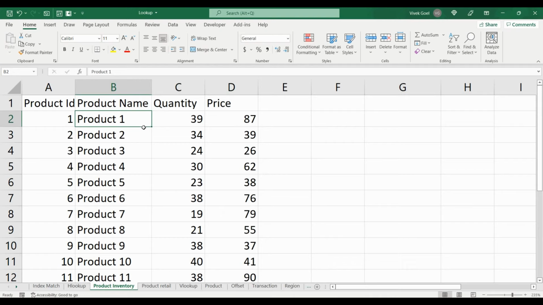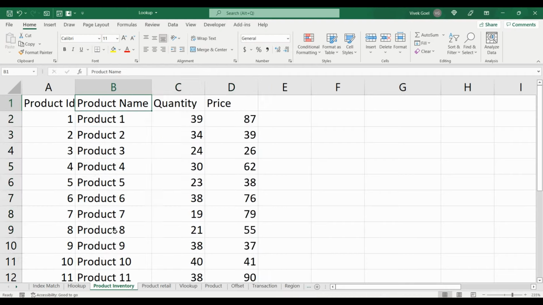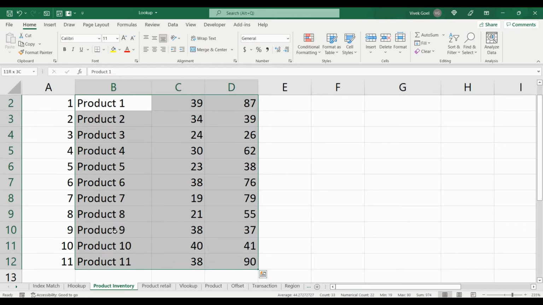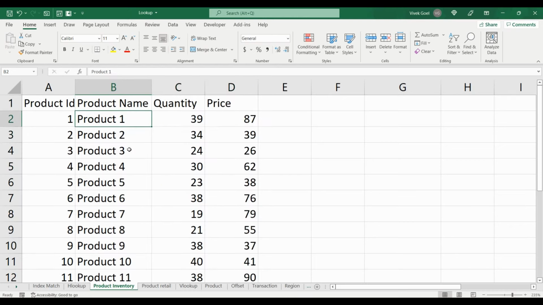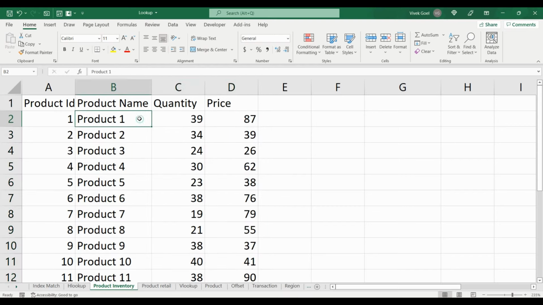Again, this is very important. Always start your table range from the column that contains the list of values where you need to perform your match. The third parameter signifies which column number in the range should be returned if a match is found. And the fourth parameter checks if we want an exact match or an approximate match. In this video, we will keep it simple and we will only talk about exact match.